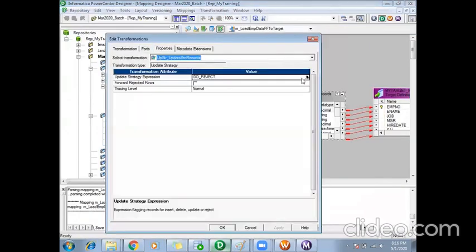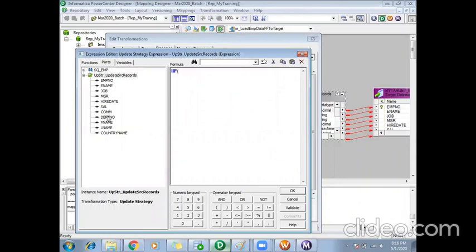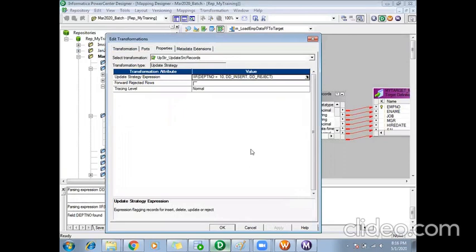For example, I can use some condition like if department number equals 10, then only do DD_INSERT, otherwise reject those records. Then what happens here, only those records with department 10 will be inserted, others will be rejected.